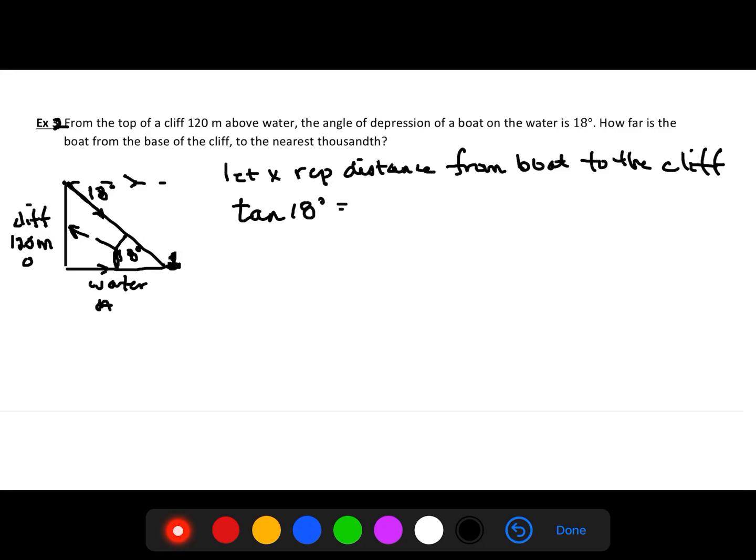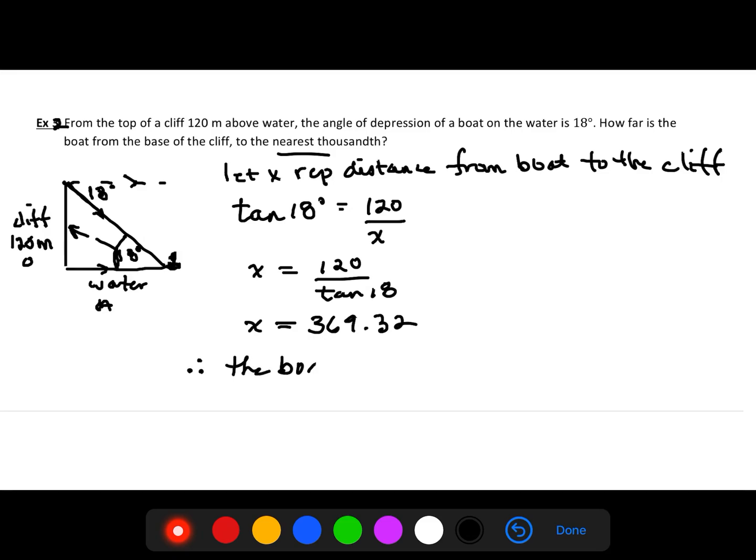So we know that tan of an 18-degree angle is going to be equal to our opposite, which is 120, over our adjacent, which is x. Because x is on the bottom, we have to take it to the other side. At the same time, we can bring our tan 18 over and divide. And when we put this into our calculator, 120 divided by tan 18 and equals, we know that we want to go to the nearest thousandth. So we're going to keep 2 decimal places. We get